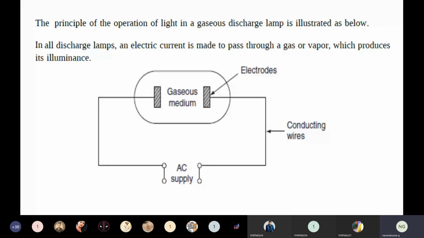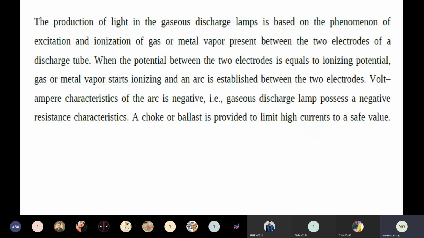And here you are observing a closed glass container in which you are housing an electrode set, one positive and another negative. You have a gas medium. This can be any gas: nitrogen, hydrogen, neon, etc. It may be an inert gas or a regular gas. When this gas gets ionized, it releases electromagnetic radiation. The supply you are using here is AC supply. You can also use DC supply, but DC supply requires additional equipment for conversion from AC to DC.